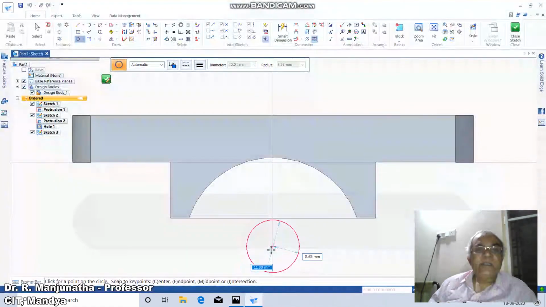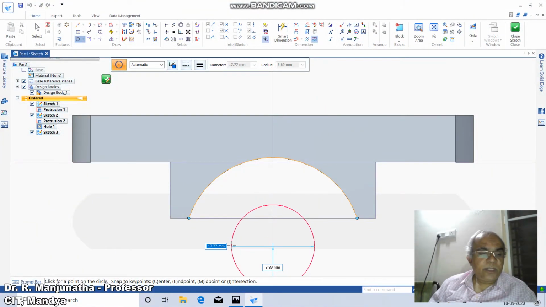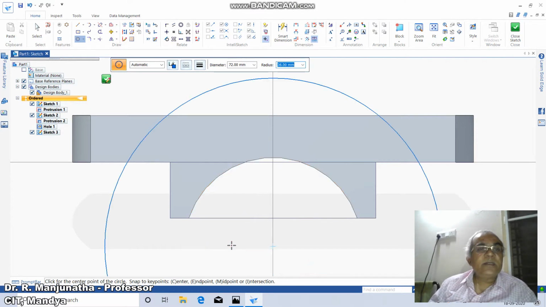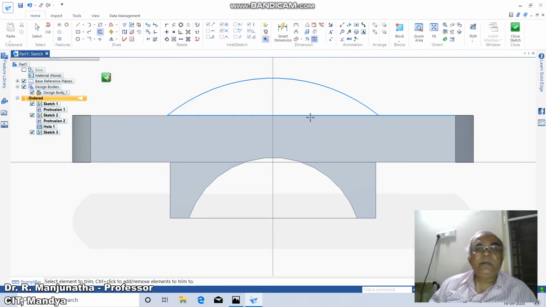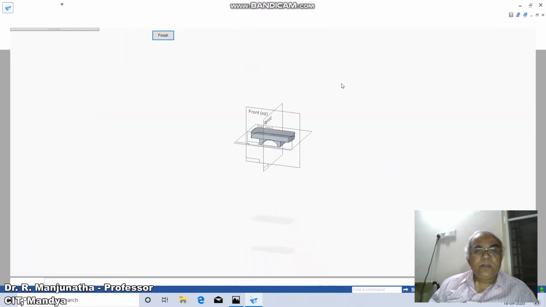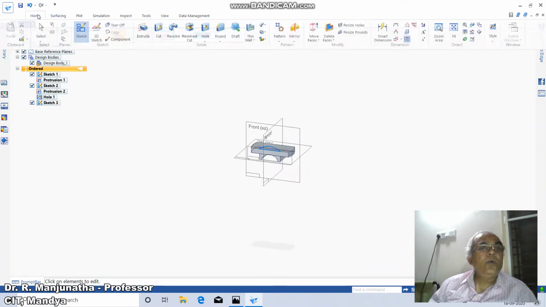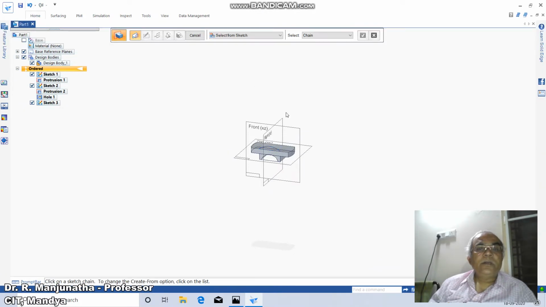You take the radius by pressing the tab, so type 36, then go to project to sketch, click on OK, you click on this line and then go to trim these portions, then go to close sketch, then click on home, extrude, click on this, and what is the distance you want? 36 mm, so you take 36.